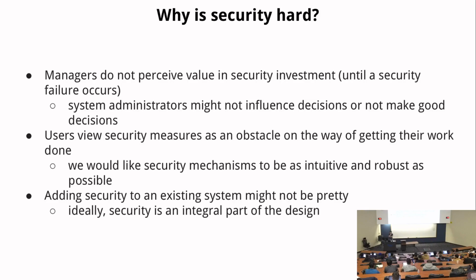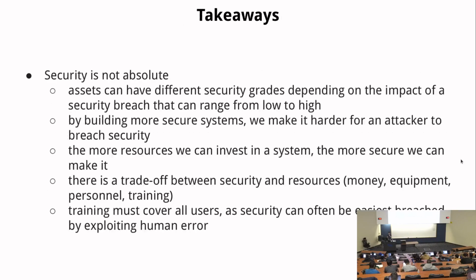And a lot of systems, when they were designed, did not have security design in the very beginning. That's why now people are arguing that when we design anything, we should have security at the beginning. Security should be an integral part of the design, not an add-on later. So the takeaway here is security is not absolute, which is a good thing and also a bad thing. If one day we can really achieve absolute security, then this class will not exist anymore, right? I probably will lose my job also.